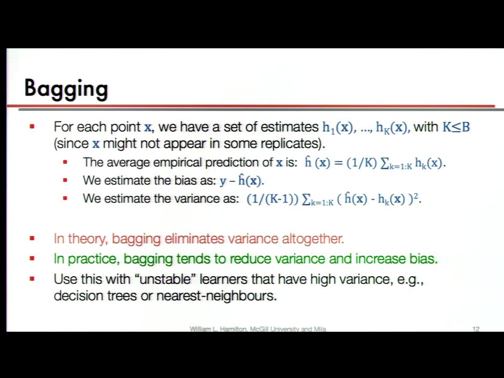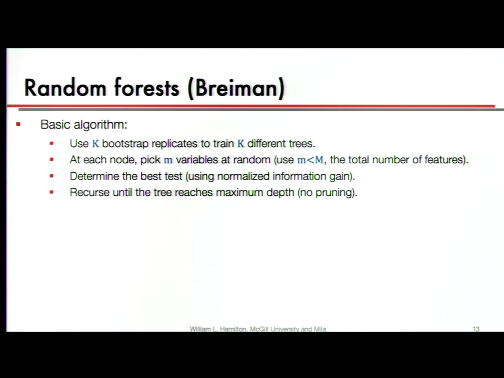I mentioned that this approach is most worthwhile when we're talking about unstable or high variance learners. Decision trees are the one I kept mentioning, and part of that's because there are a couple of very famous algorithms that rely on this bootstrap aggregation approach in the context of decision trees. These are slight variations off the basic idea, but they're very useful methods. These two techniques, called random forest and extremely randomized trees, are two of the best off-the-shelf classifiers that I have used in all of my experience. The first one is random forest. It's a little variant on this basic bootstrap aggregation idea in the context of decision trees.